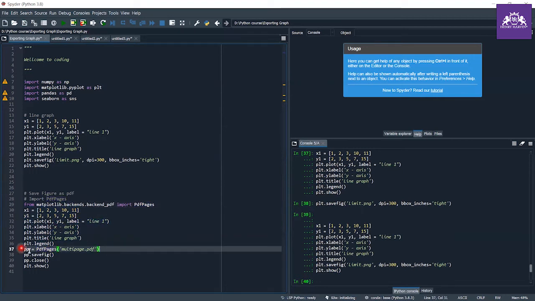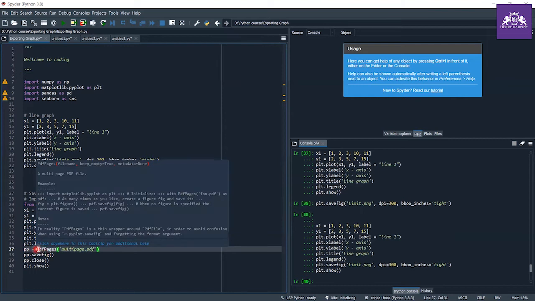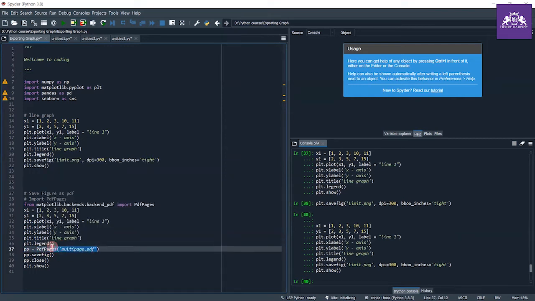Then you have to make an object of this class PdfPages and specify the name of the PDF in which you want to save your chart, and then you have to execute this function pp.savefig and pp.close for closing the file which you have opened. Here you open the file, save the name, and save the figure in the PDF, and then close it, and then plt.show shows our chart or plot.